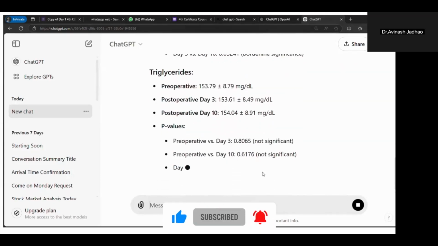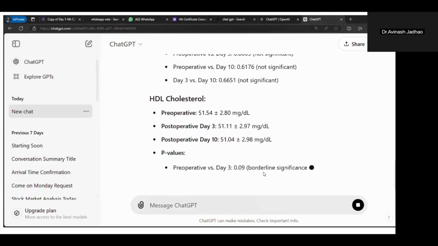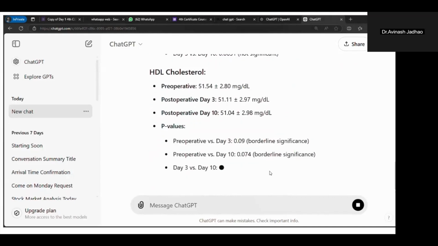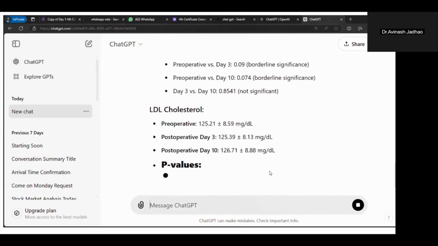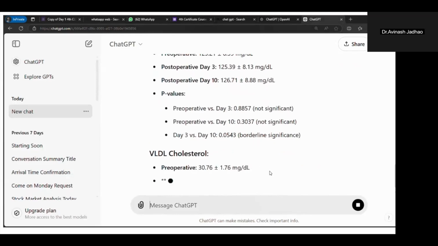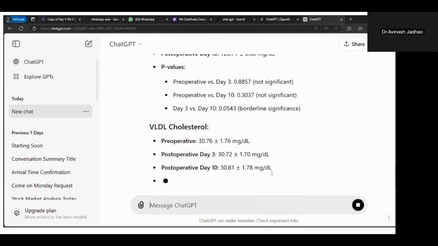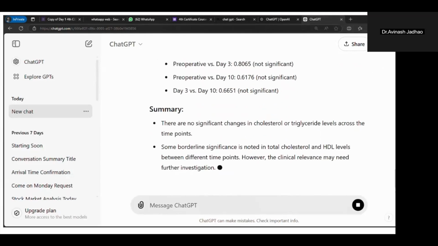Here it is in sequence, but ideally the researcher, reviewer or publisher wants it in a paragraph. So here you can give the command, write above result in a paragraph.